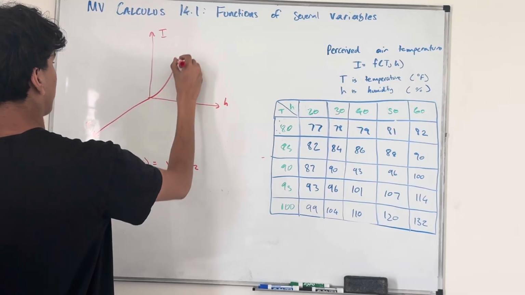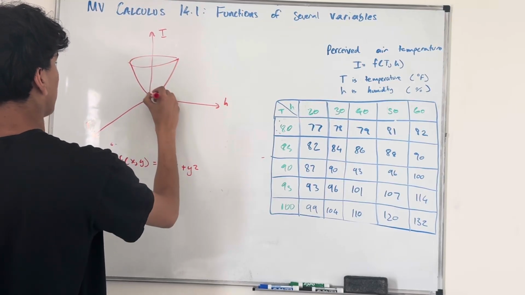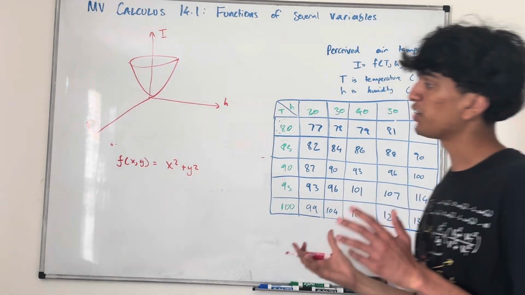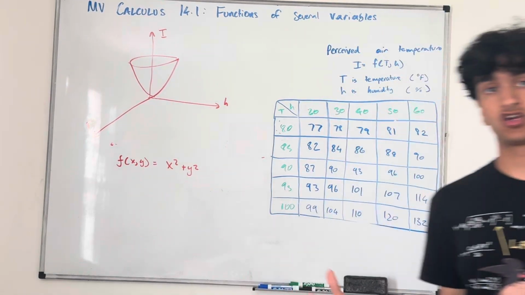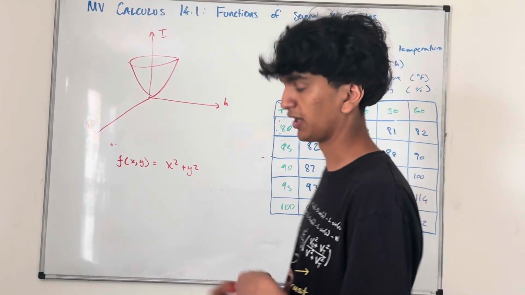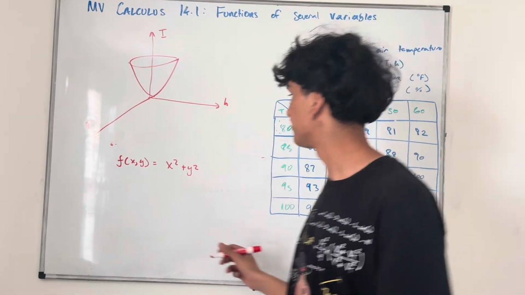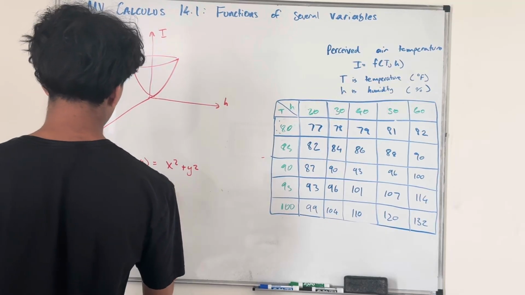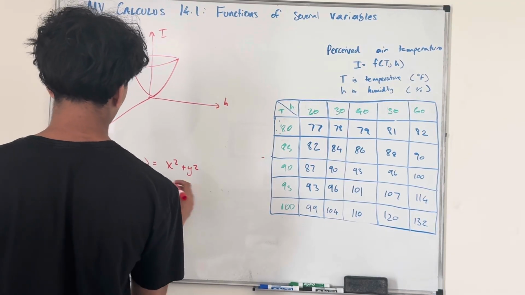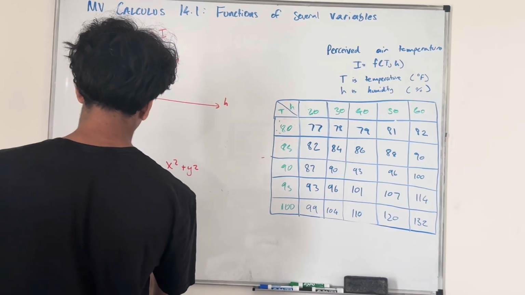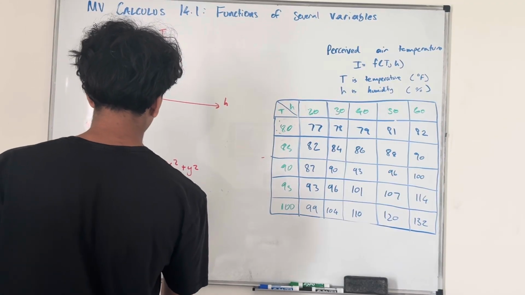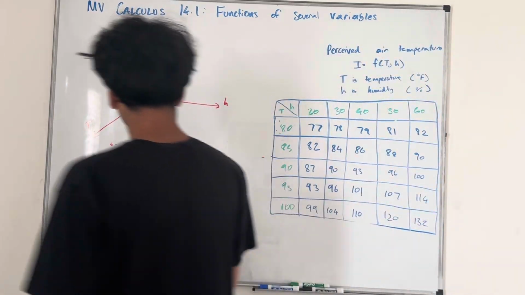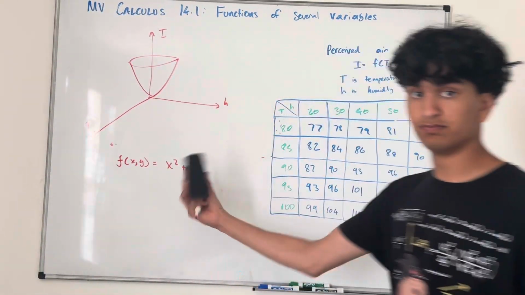So I would get a paraboloid sort of like that. Some 3D functions are going to be really crazy, right? For example, I'm not even going to be able to graph this off the top of my head. I can maybe show you the level curve. I think I can maybe graph this. Okay, f of xy equals, actually no, before we get into that example, I should talk about it first. What we can do to graph 3D functions